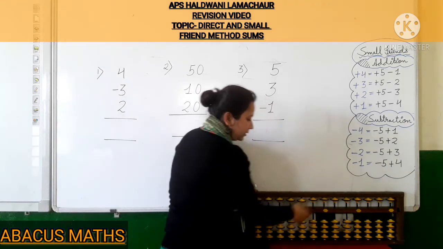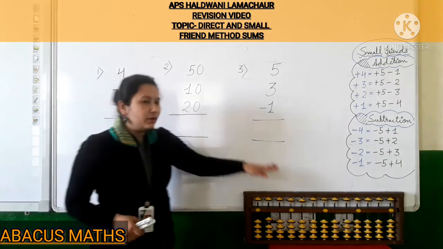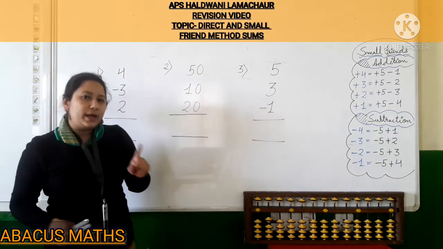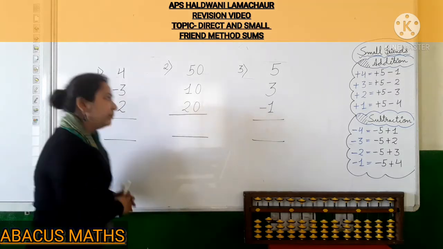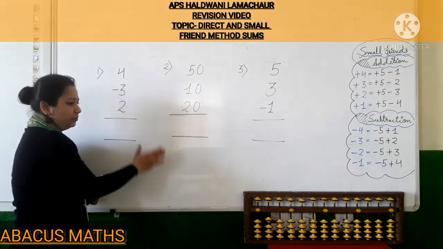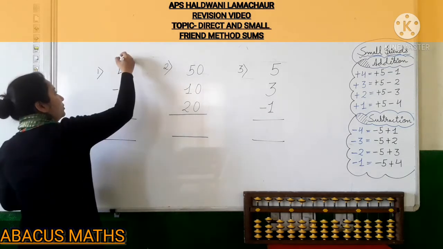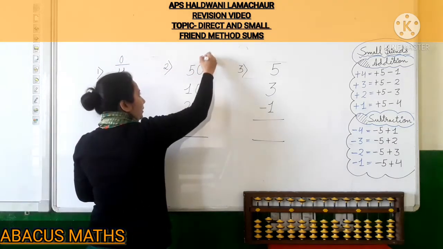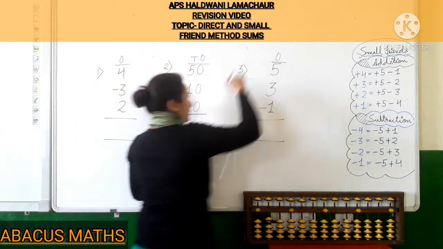Like this way kids, you have to calculate the sums in your tool. Again I am repeating kids, in the Abacus exam for addition and subtraction sums, you can use your own method also. Now, first of all, we will do some direct sums related to this tool. As you know, it is a one row sum, so put it in one slot. It is a two row sum, so ones and tens. And it is a one row sum, so ones.